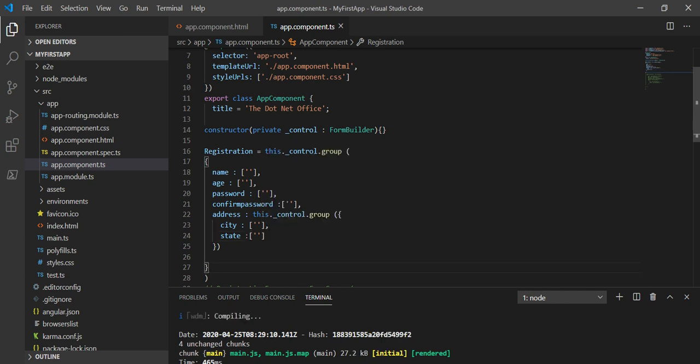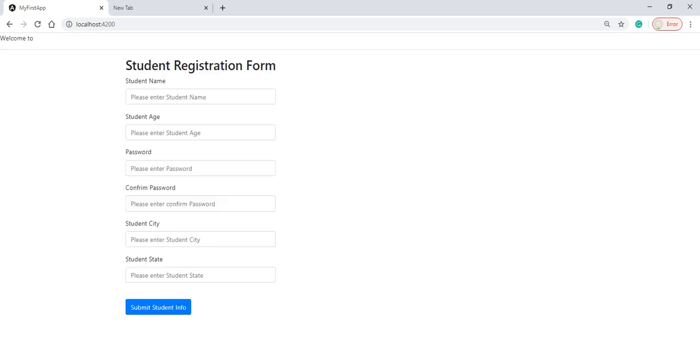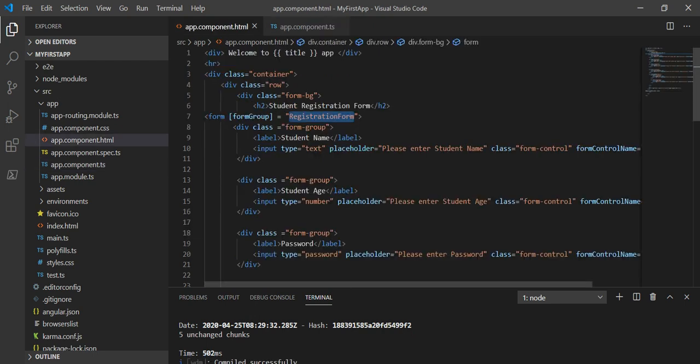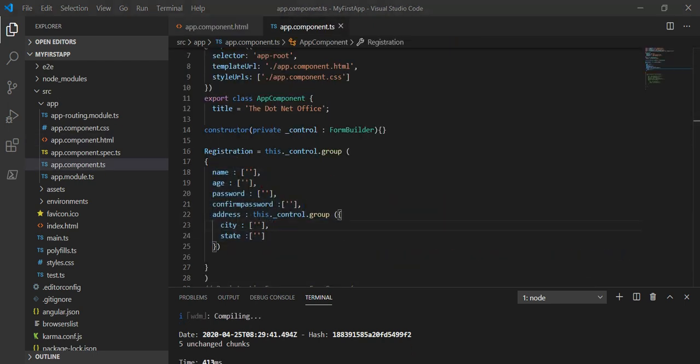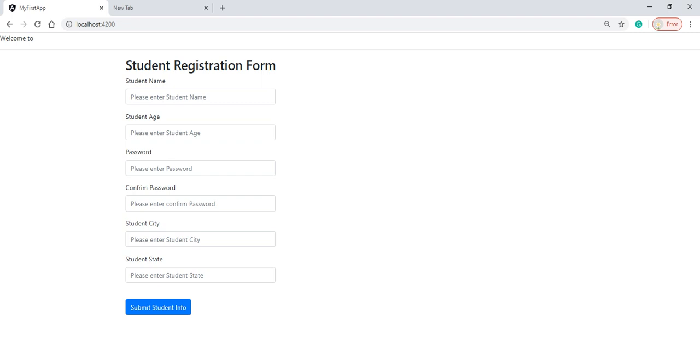So basically that is all about the form builder. We can see that when we use form control and form group, we have to initialize the form group as well as this form control. We have to initialize all these controls, but by using the form builder we can see we didn't initialize them, it automatically initializes all these controls. We are directly only assigning the value. So let's save it and see on the browser now. We can see it is showing all the controls, as we have shown.